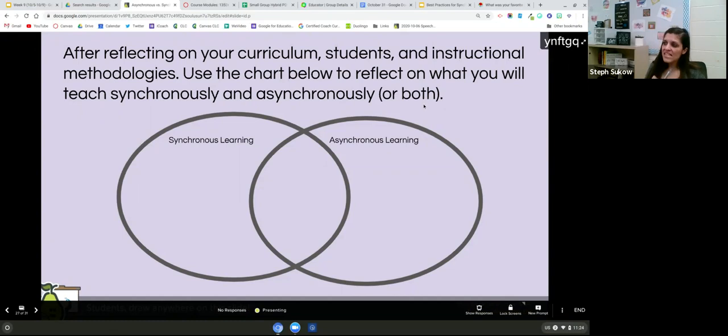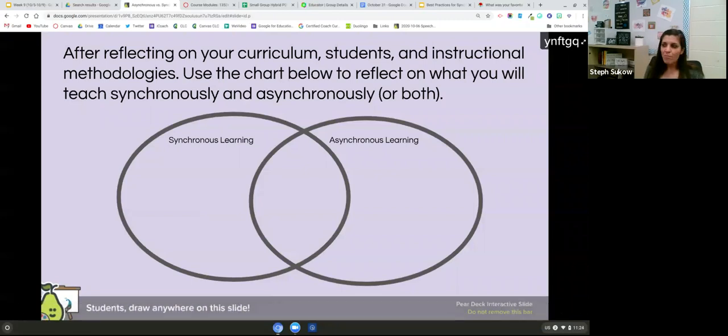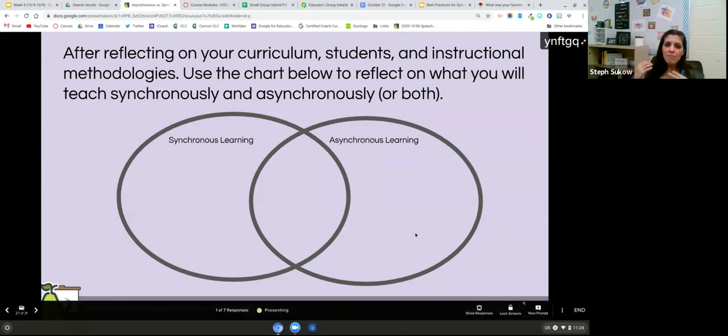What are some things that might actually work better asynchronously because students work at different paces? And then it's all about finding that middle ground. I think this is really where we're gonna live a lot of the time, giving our students flexibility and trying to work with everybody at different places and all of our technology issues. So just keep in mind that this chart might be a really helpful brainstorm for you to work on